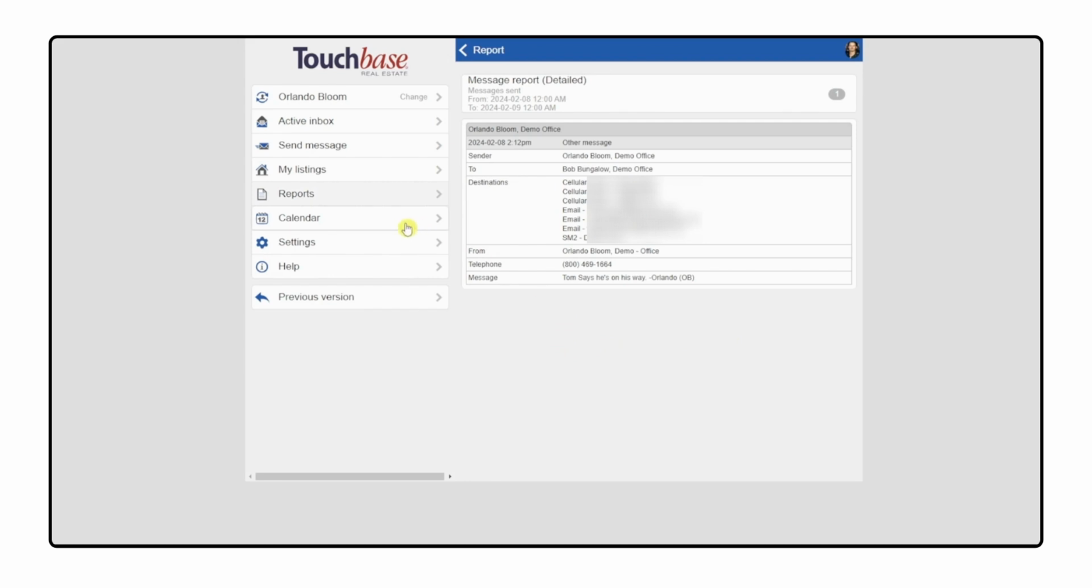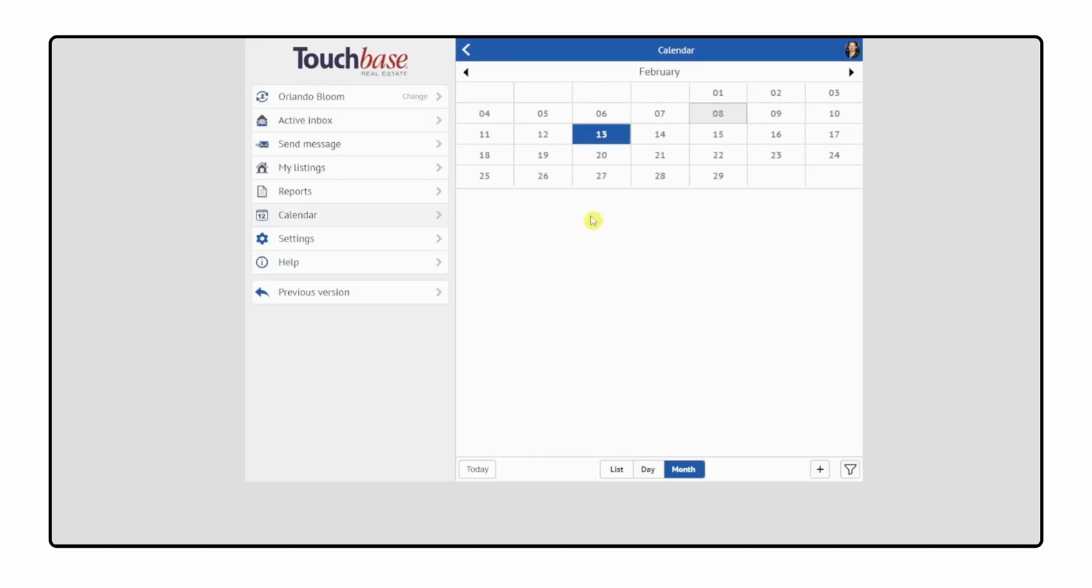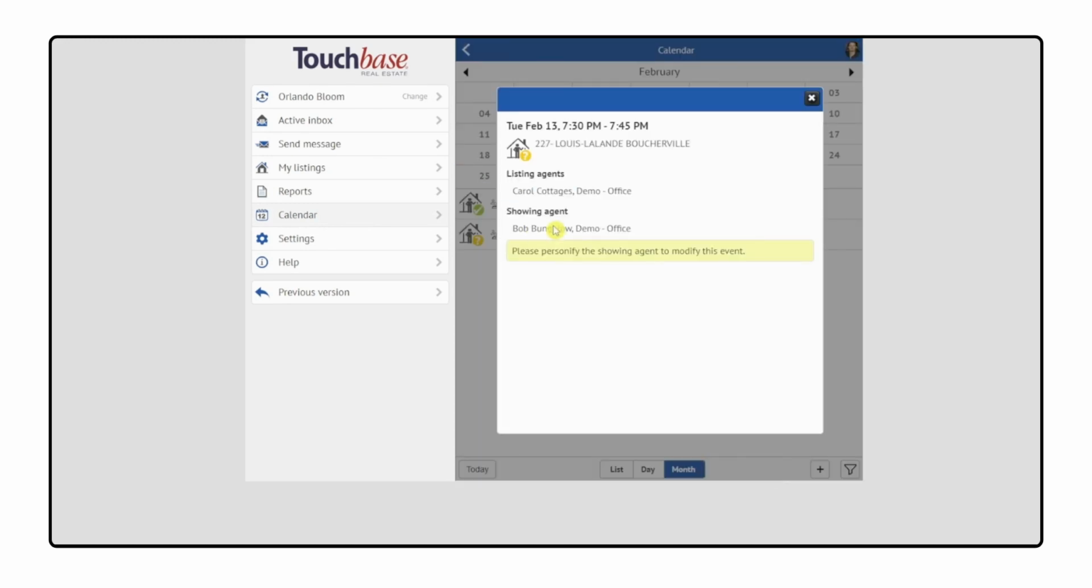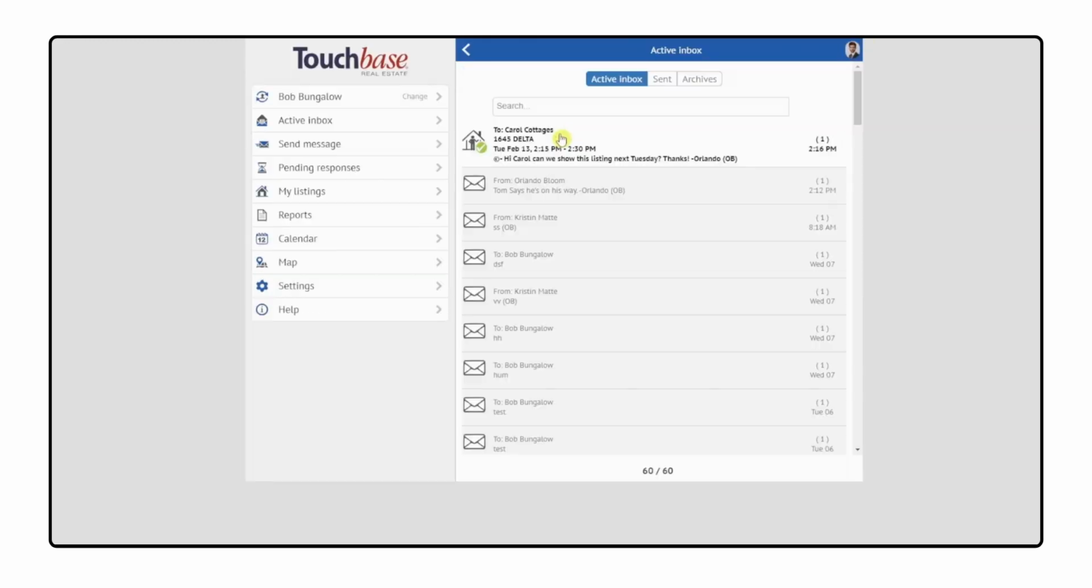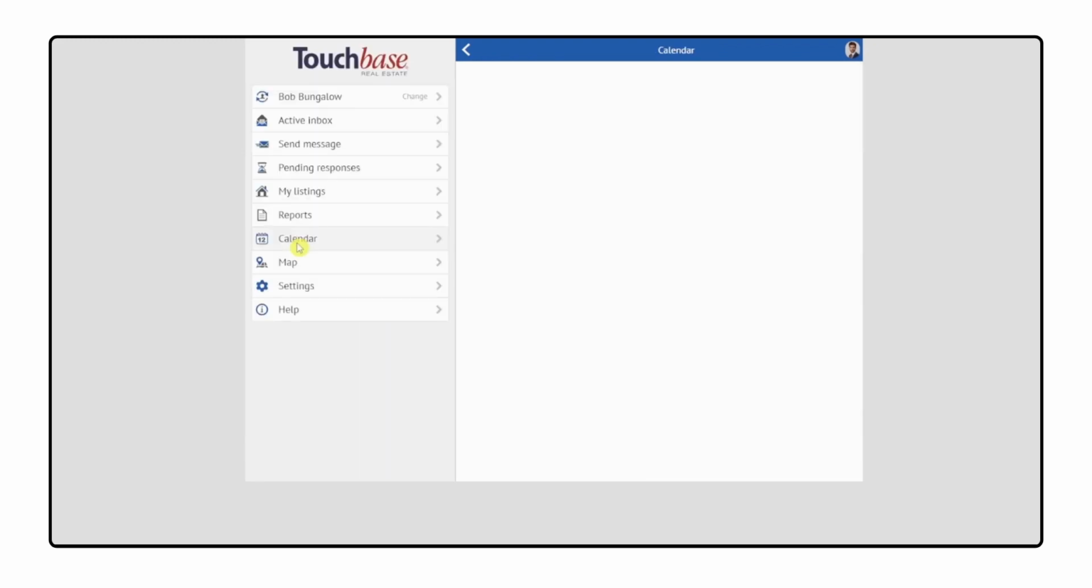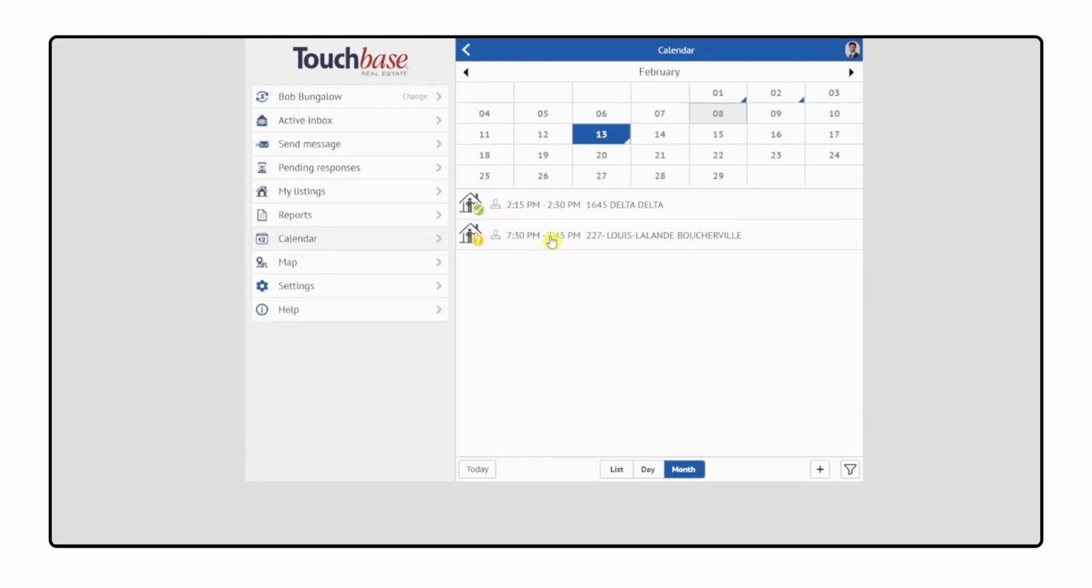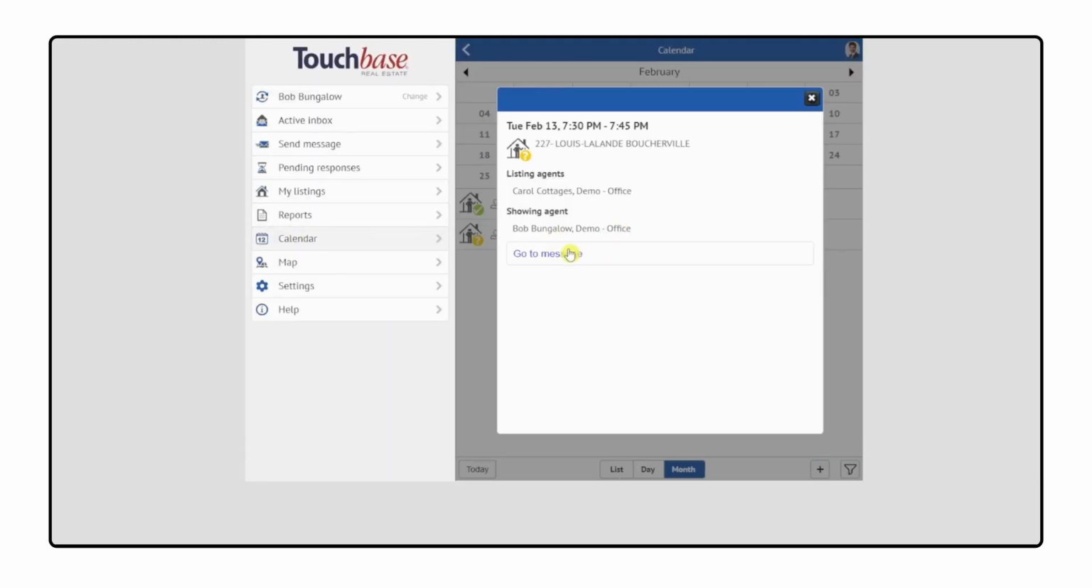The next difference is in the calendar section. As we mentioned before, you can see all of your teammates' showings at a glance. But if you're not personifying one of your colleagues, you can't modify the showings. To do that, you need to personify the colleague in question. So since this is Bob, I'm going to X out here, click on my profile name, switch to Bob, and if I click on his calendar, click on this listing, now we can go to Message,